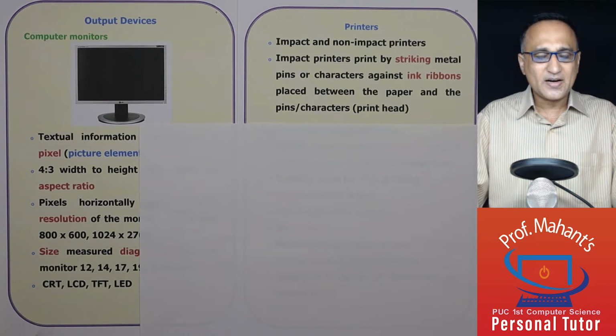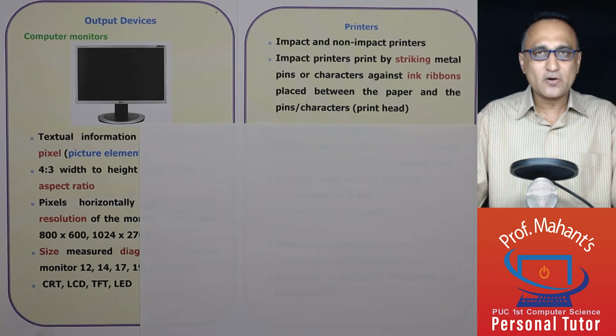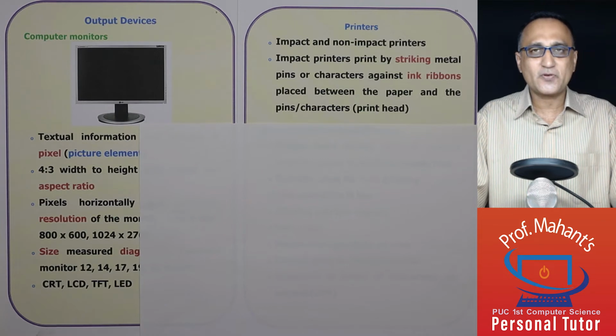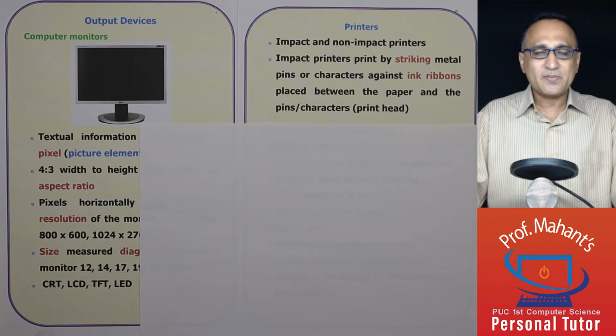Information that is on the hard disk or displayed on the monitor of a computer is known as the soft copy. Once you print whatever is in the computer onto paper, that is known as hard copy. All right, that is a fundamental difference. So when you are asked for a hard copy, that means you are asked for a printout. When you are asked for a soft copy, that means you are asked for a digital file through a pen